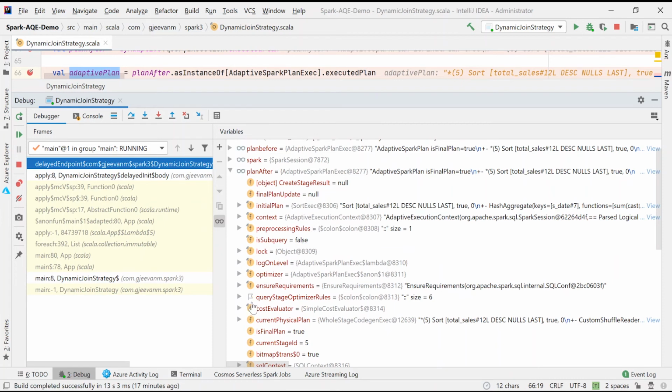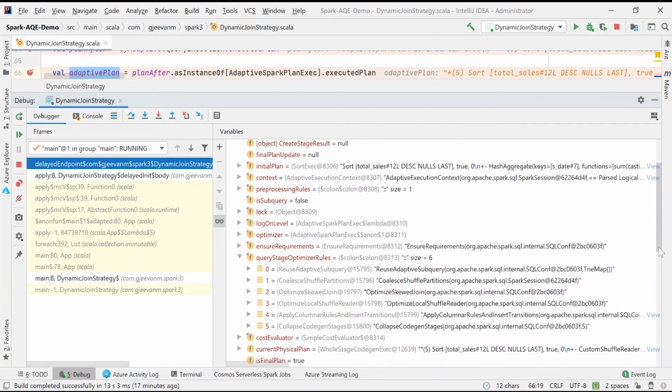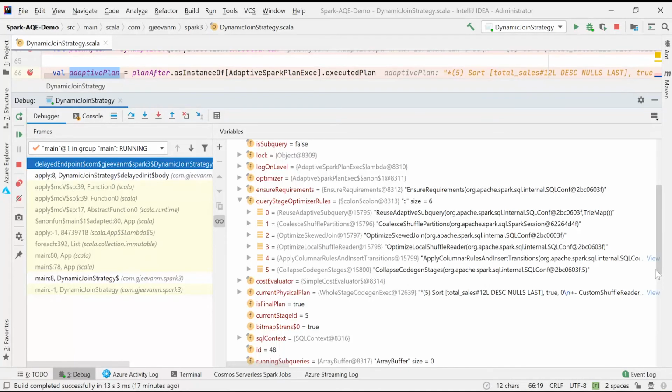And now there is something called query stage optimizer rules. I was talking about these rules in the previous theory part. If I click here, I said there are a couple of rules which are executed at the query stages, and based on that it re-optimizes the stage. So these are the optimizer rules.